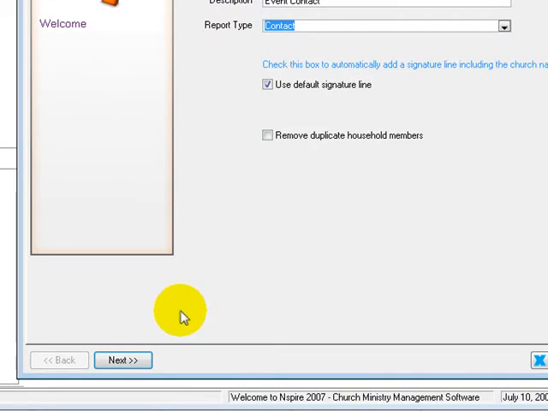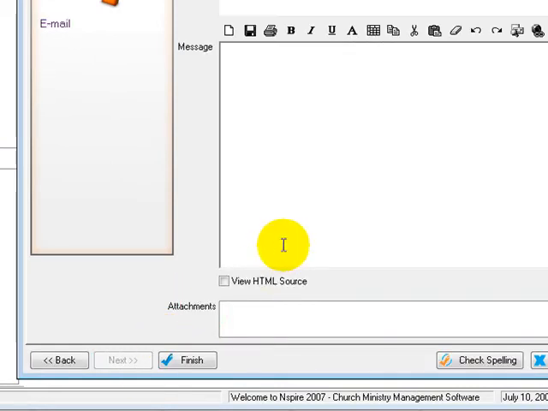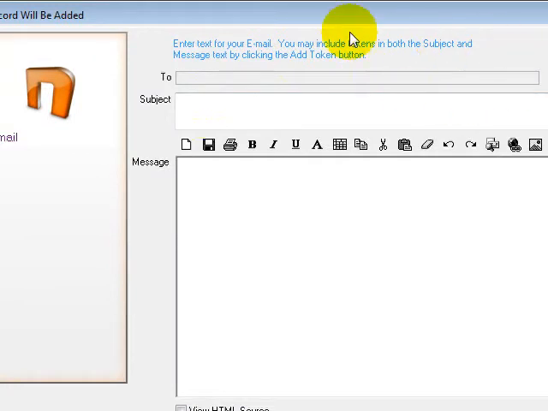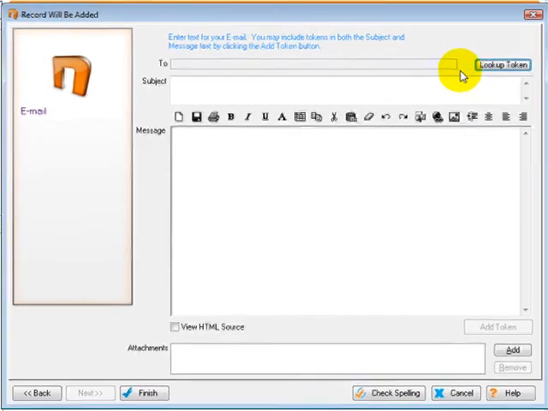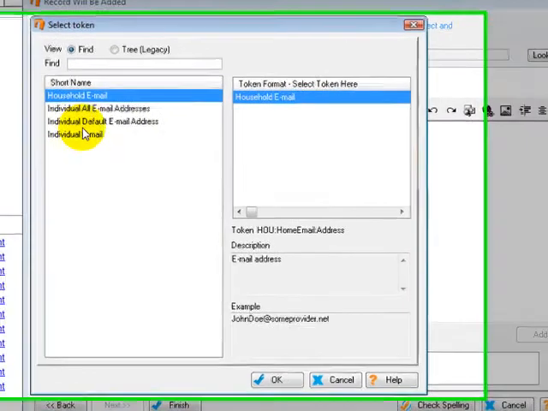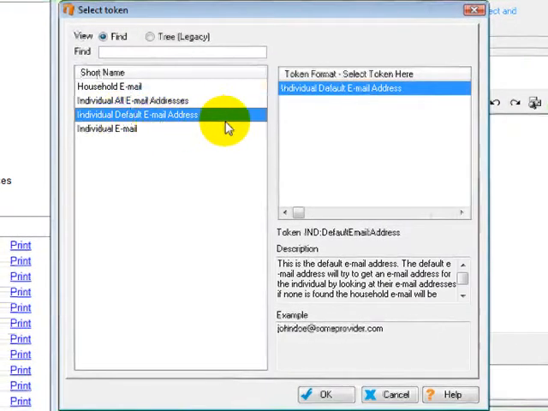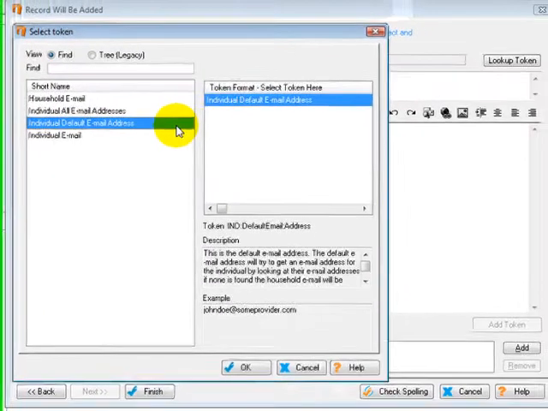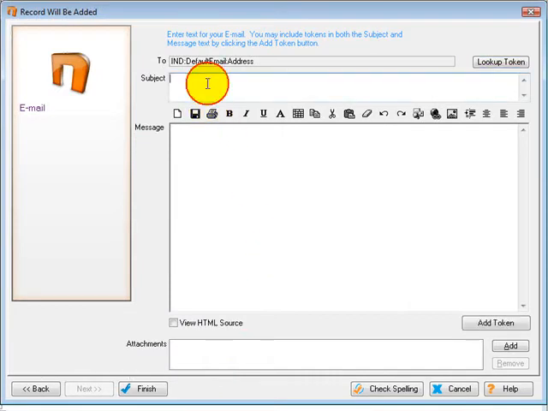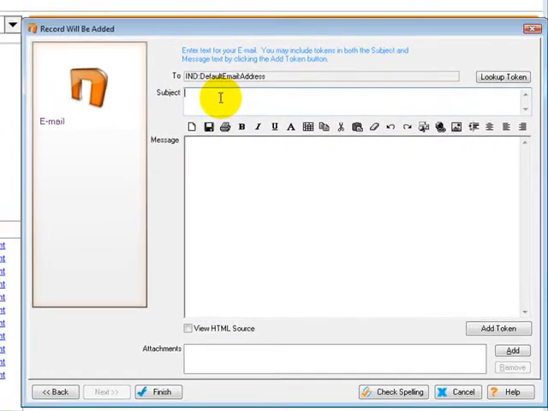So the next thing is I want to click on Next. And from here, I just fill it out like I would a standard email, except at the top, I choose what email address I want to use to send this email. So I'll click on Lookup Token, and I have a couple different options already set for me. I'm wanting to use the individual default email address, so whichever one is marked as default for the individual, that'll be the address I want this to send to. So I'll click OK, and then give it a subject line, and we'll just do